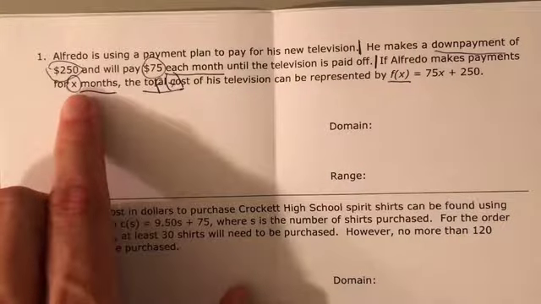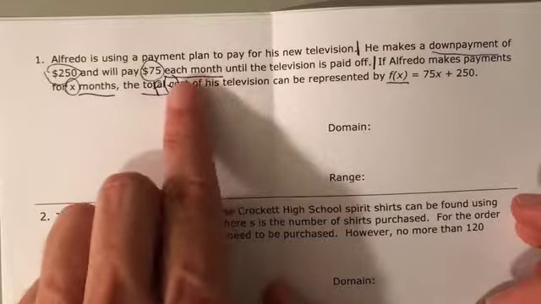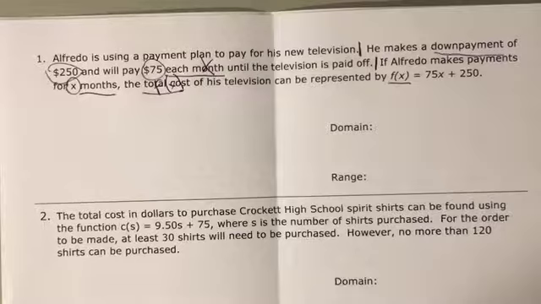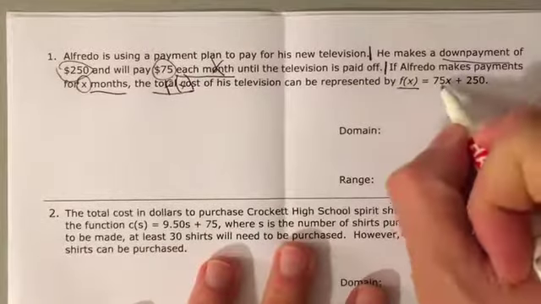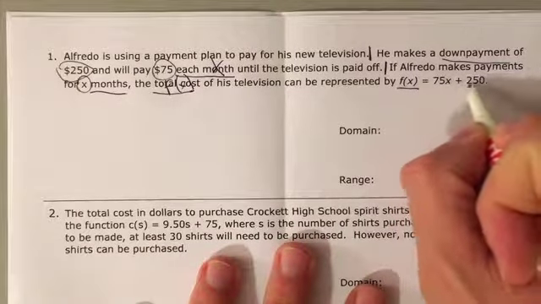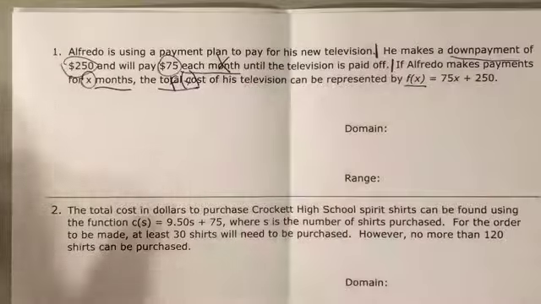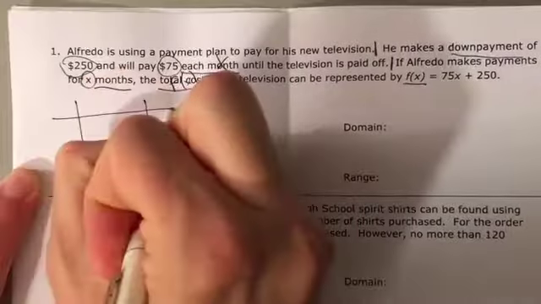And normally if they give you a variable, you can kind of follow the word that's attached to it. And there you go, each month. So each month is the x. So they were really nice to you in this situation, or I was really nice to you. I gave you the function. So 75 times the number of months plus the 250 down payment is going to tell us total cost. And what you're going to do to kind of better understand the situation is you're going to use something that we used in middle school, or at least I did,